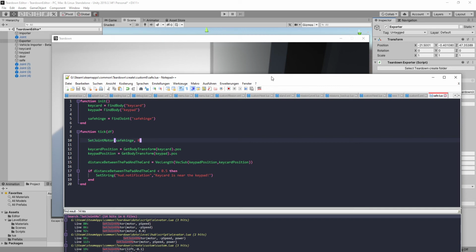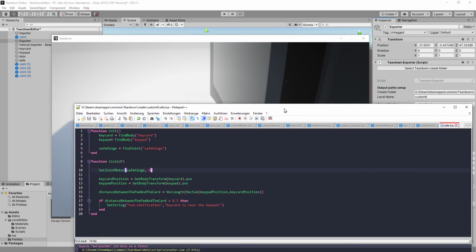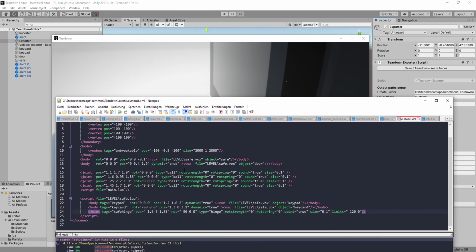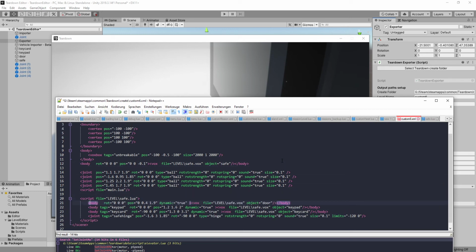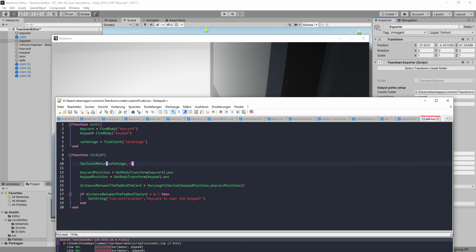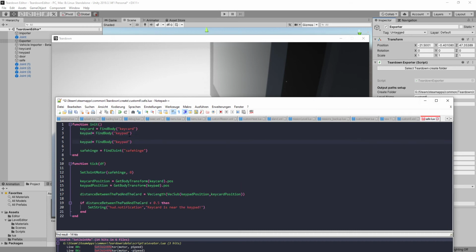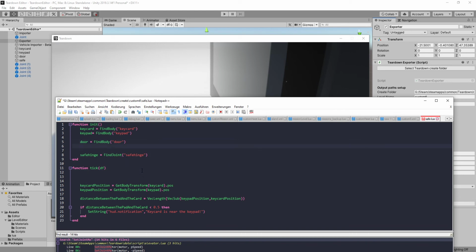What I can do is I can freeze the door in place. I can go here and say I have the door of the safe, and I give it another tag. Tags is door, and now I can access the door of the safe instead of the hinge of the safe. And I can say, give me the door of the safe, and then instead of setting the hinge, I'm at the beginning of the level, I'm saving the position of the door when it is shut. So I say door transform is